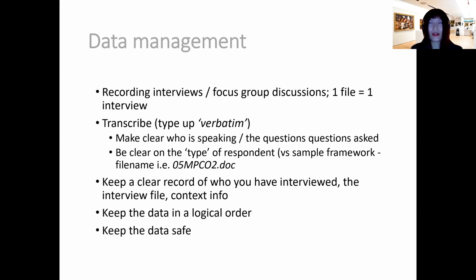But how do we know which code is representing who? Sometimes as a researcher, we may forget about how we code our research participants. And it is especially the case when there are multiple researchers in the research project.